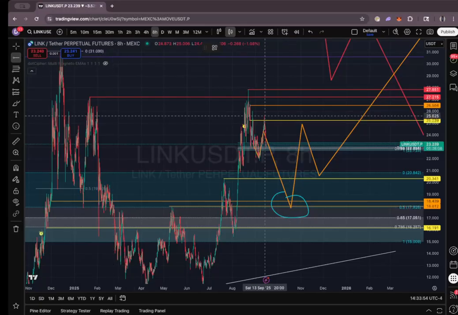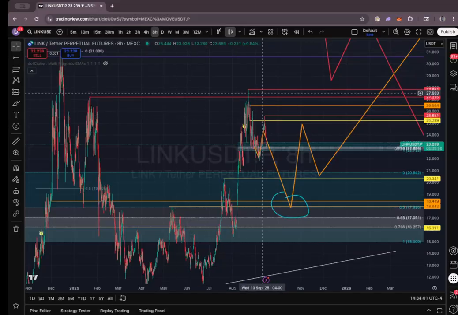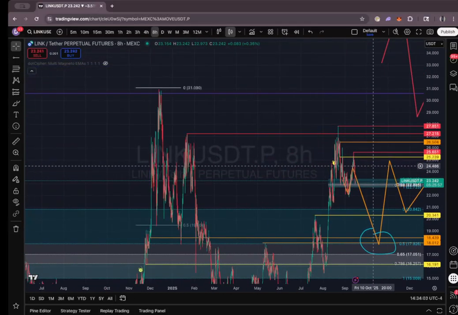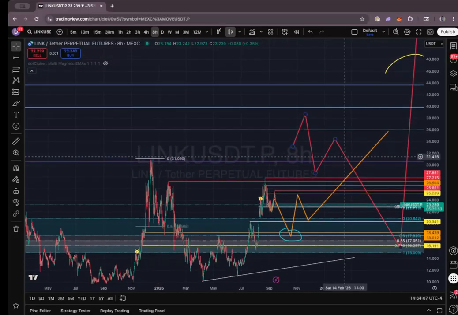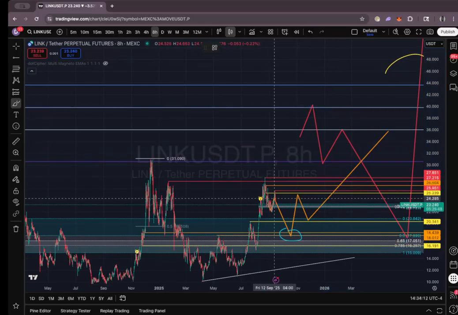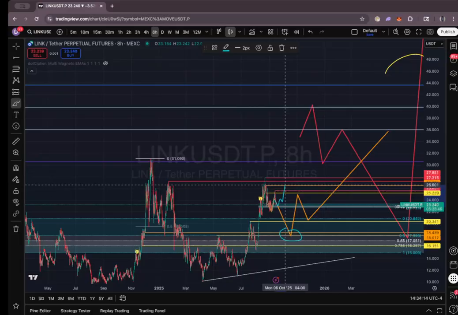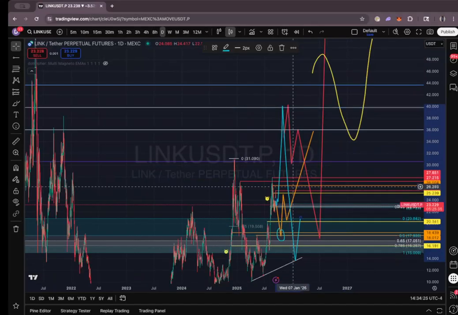You could honestly risk anchor against this high, and if it breaks and makes a higher high here, it's a very, very clean invalidation. Because after that point, it's going to go all the way up to 40, right? This market is very full of manipulation, guys, remember? So if it does go up to 40, all that's going to happen is it's going to go back down to 18 anyway.